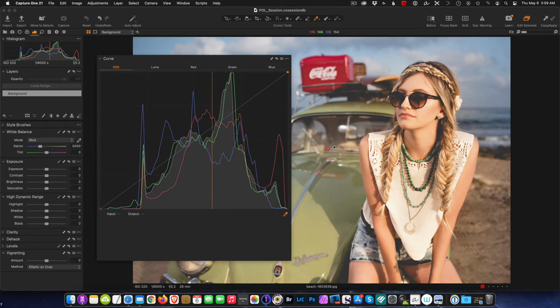And what if I want to take away contrast? Maybe this image has too much contrast. Well, do the reverse of the S curve. So again, we'll put some points in. And I will reverse it. Okay. Now I have a reverse S. And you can see the image